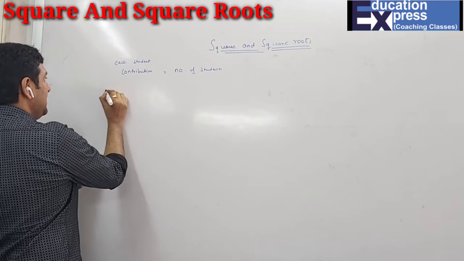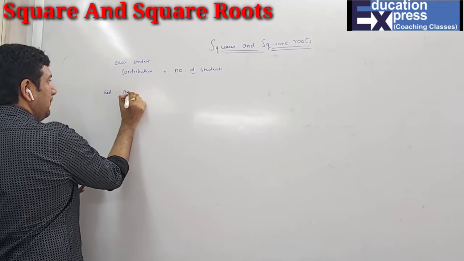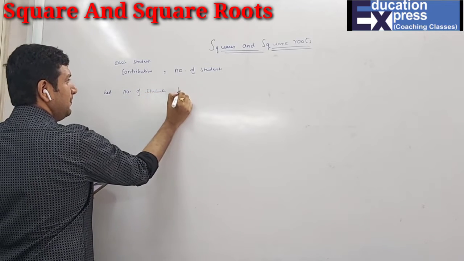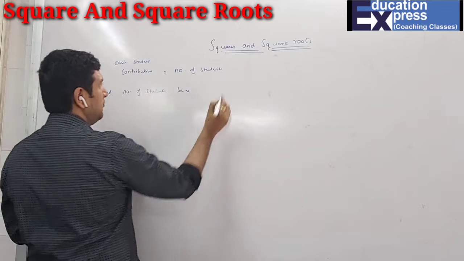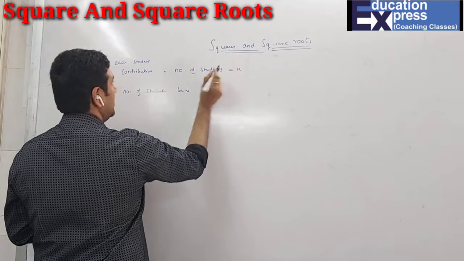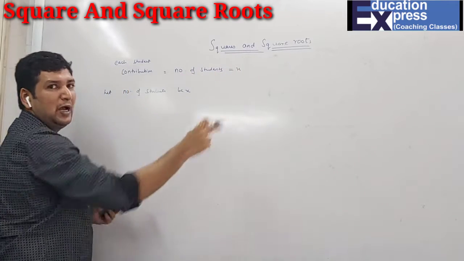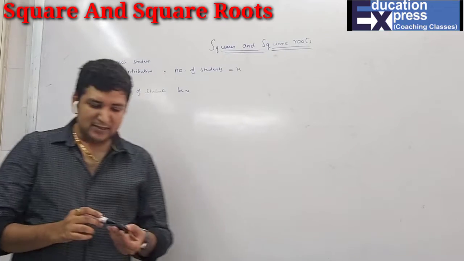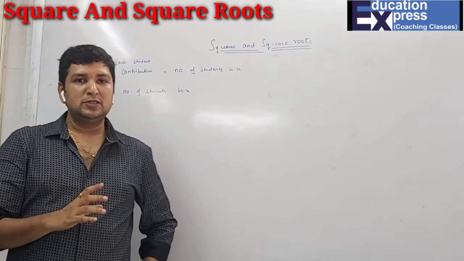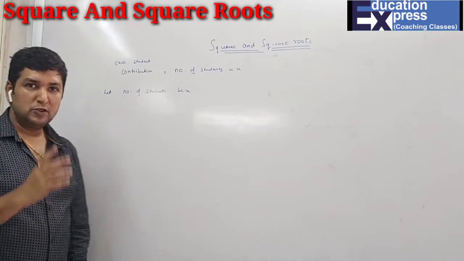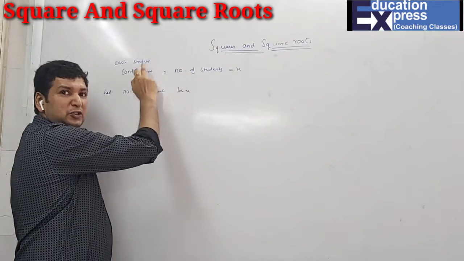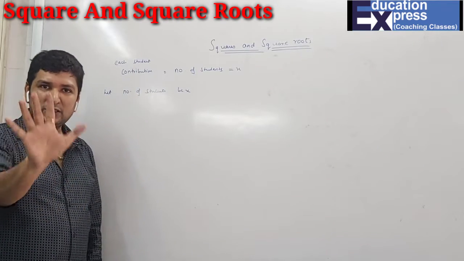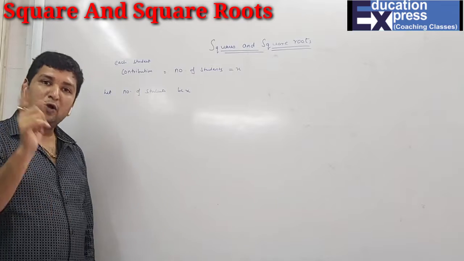So can I say let the number of students be X? So obviously now the contribution and the number of students both are how much? X. Okay. So let's give a simple example. In case let us say there were 10 students who have arranged a picnic. So obviously if there are 10 students, each student will contribute how much? Obviously equal to the number of students. That means there are 10 students, so each student will contribute 10 rupees.